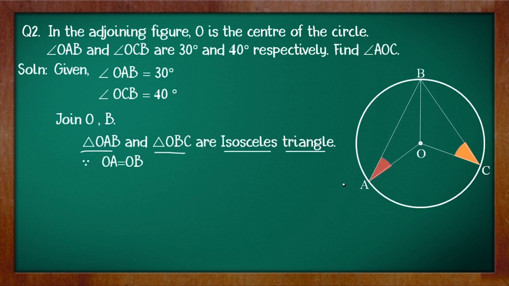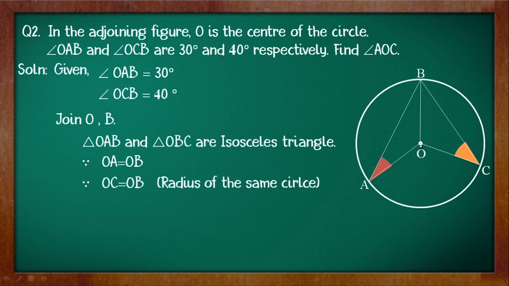Why? Because in the first triangle OA is equal to OB, that means two sides are equal, so it is an isosceles triangle. Again in the next triangle, OC is equal to OB, and two sides are equal, so it is an isosceles triangle. Why are these line segments equal? It's because they are the radius of the same circle. All the lines we are talking about here are the radius of the same circle,